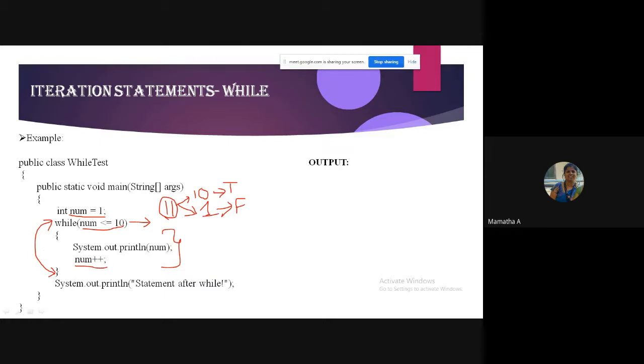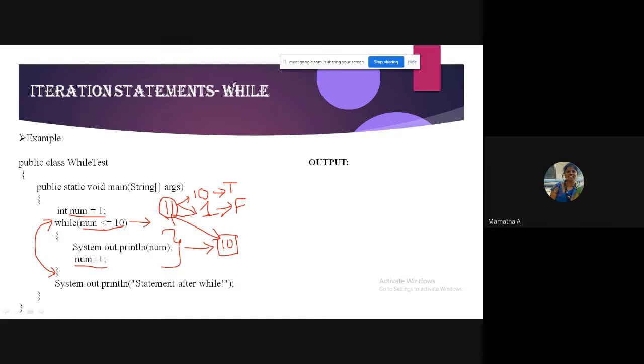And you can also tell me how many times the block of statements is executed. 10 times. So this is one of the questions usually asked in interviews too. What is the relationship between condition and block of statements? Can you just observe? How many times is the condition checked, and how many times is the block of code executed? N times it is executed and n plus 1 times it is checked. Very important. That relation you should know.